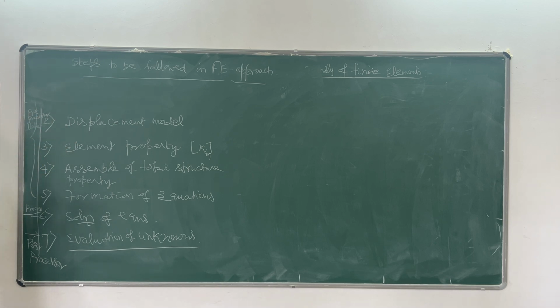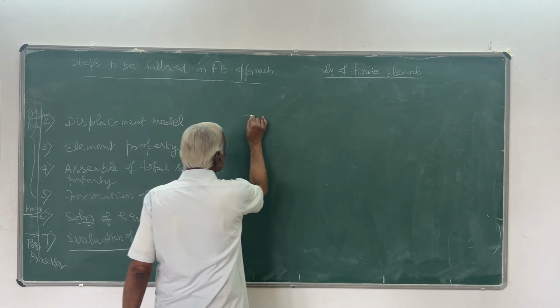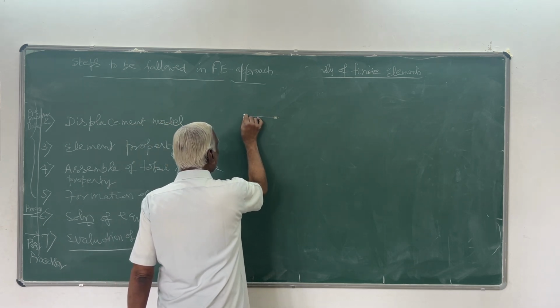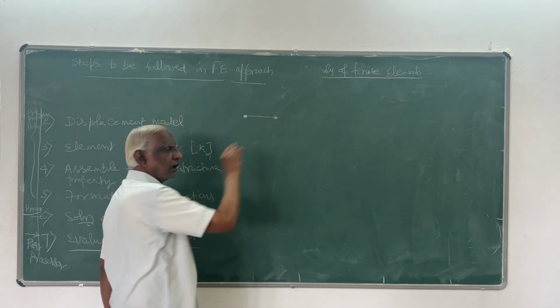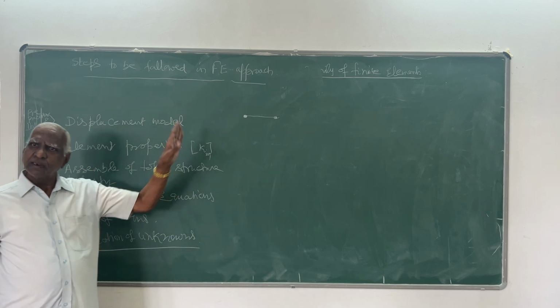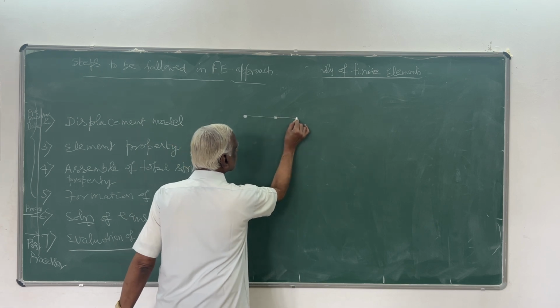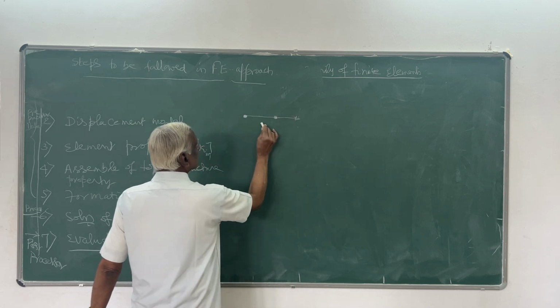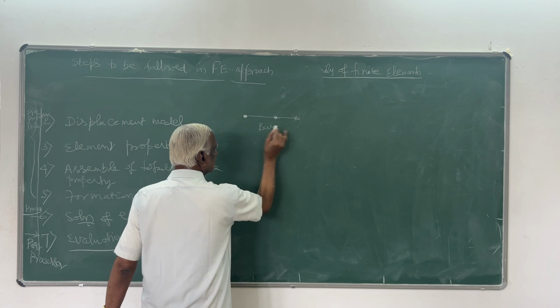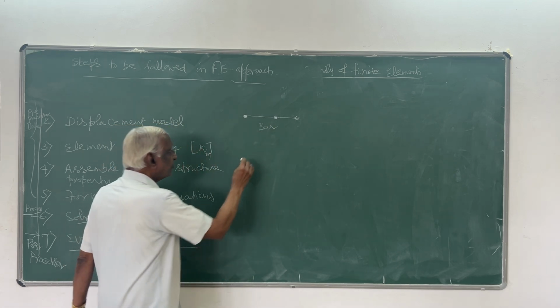In the case of bar problems, it will be only 1. In the case of a truss element, you have 2 per node. That is 2 translations. In the case of a bar, whether it is horizontal or inclined, it is only axial. So only this. This is a bar. In the case of a truss,